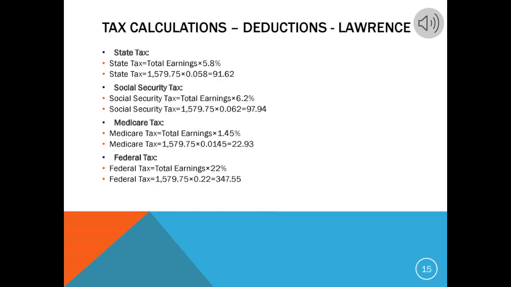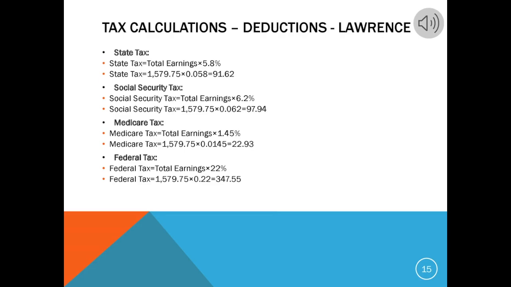Now, as for Lawrence's deductions, we're going to be looking at his state tax. We're going to take his total earnings of $1,579.75 times the 5.8%. His state tax is $91.62. For his Social Security tax, we're going to take his earnings of $1,579.75 times 6.2%. We're going to get $97.94. As for his Medicare tax, we're going to be taking his total earnings, $1,579.75 times 1.45%, which is going to be